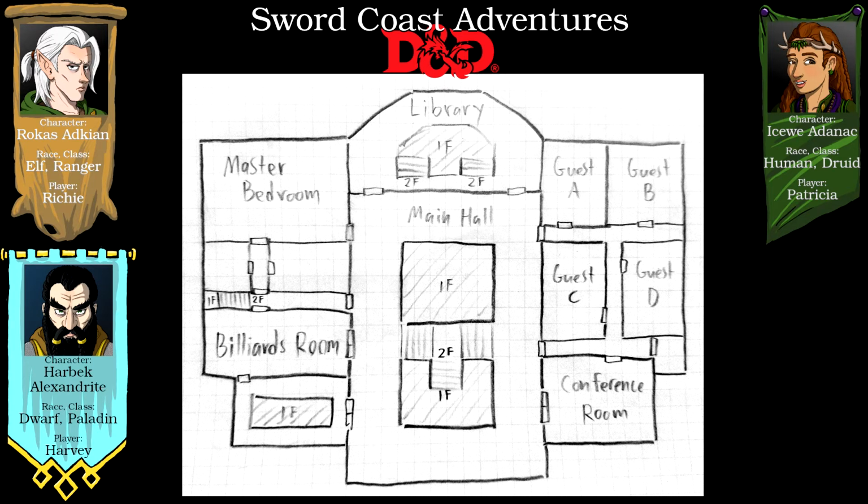It's a thing with a balcony around the whole room. Yeah, so you guys remember when you were in the dining room originally, there's a kind of balcony around with a chandelier in the middle. Okay, so